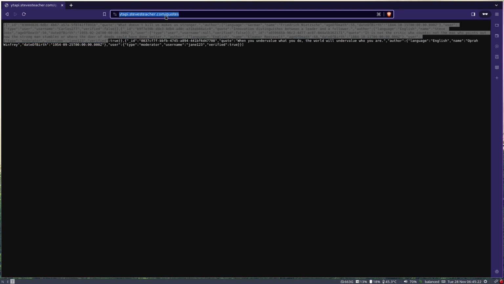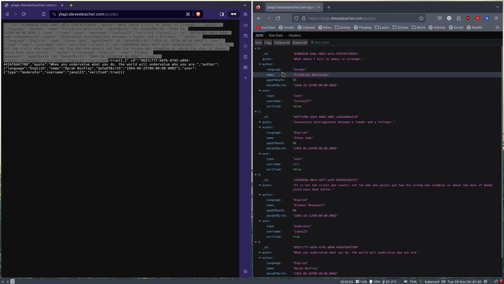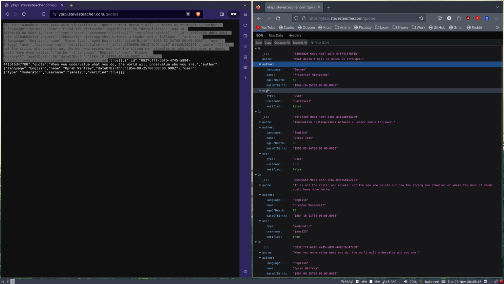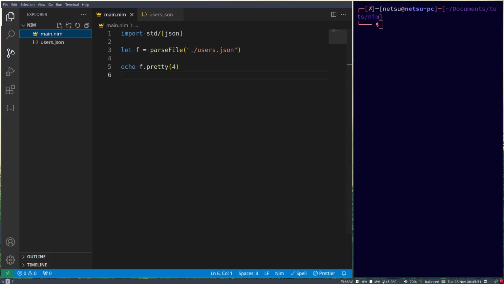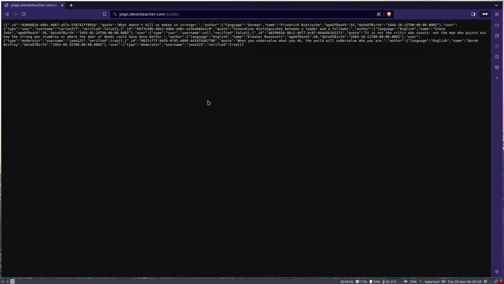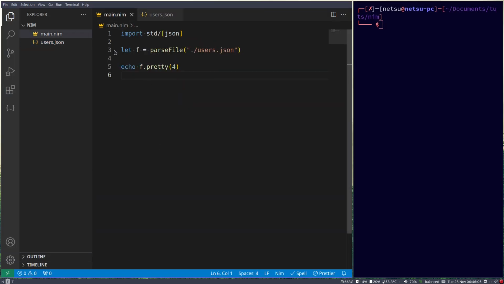We can actually paste this into Firefox. Firefox gives us a nice look at this JSON in a more readable form. So you'll have an ID, you'll have a quote, you'll have an offer, and this offer is another object, and a user, that's another object, and so on. Very similar to this JSON right here. So what we're going to do is we're going to query this endpoint, and we're going to get data from it. So first let's remove all this and just say import std/